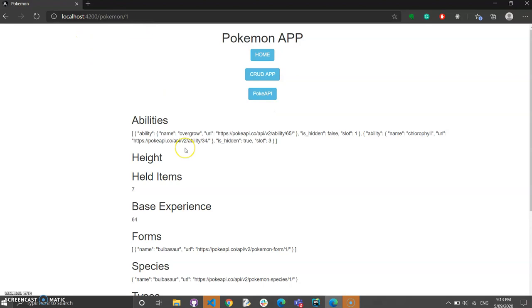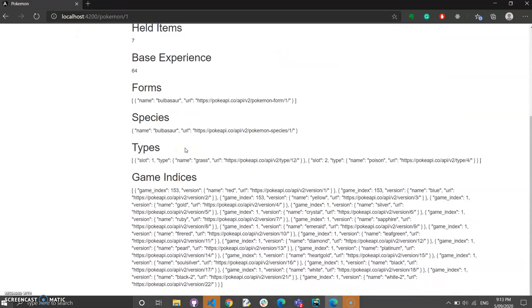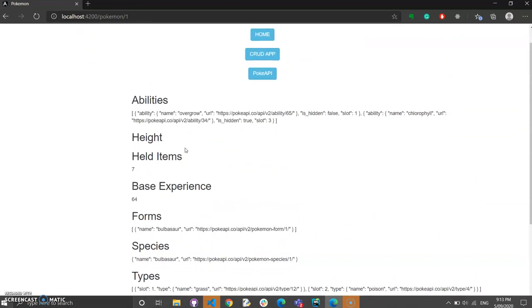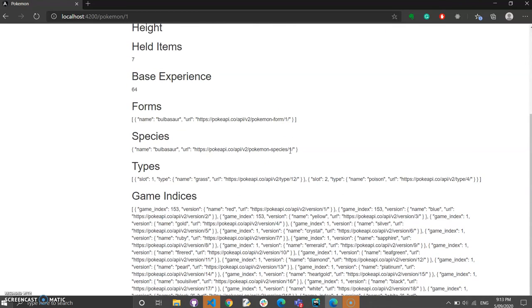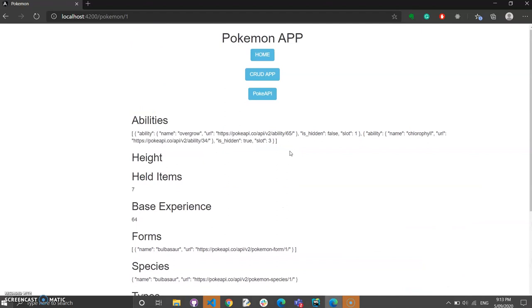You see Pokemon and the ID 1. We have all the components, all the data which has been pulled from the pokeapi.co/api and the content from this website.